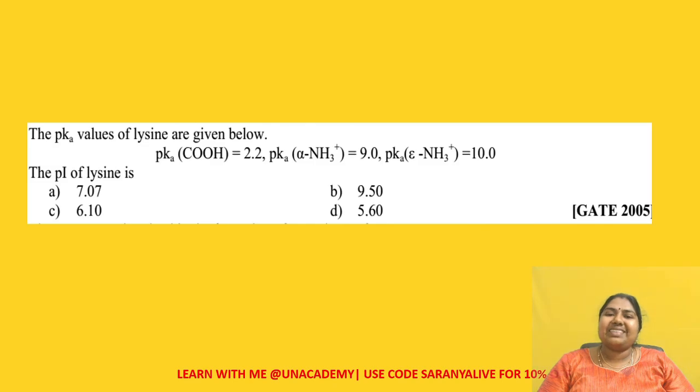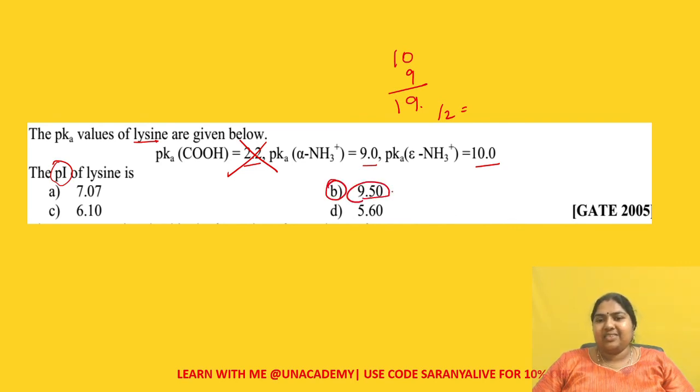Okay all, I hope this lecture was very much useful to you. Let us try one more problem with lysine. Okay, good. So what is going to be this PI of lysine? Right. So it is going to be 2.2, 9 and 10. So now which one you will eliminate? Which is together, which is odd man out. Odd man out is going to be this 2.2. So you're going to add 10 and 9, that is 19. So 19 by 2 becomes 9.5. Got it? Very easily in a moment you can calculate this PI.